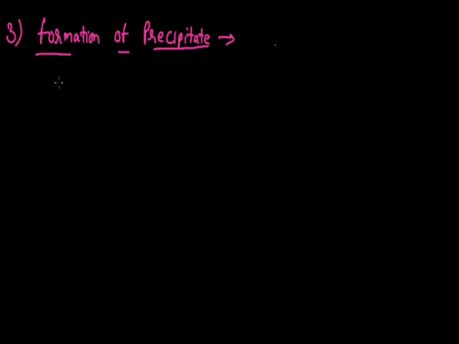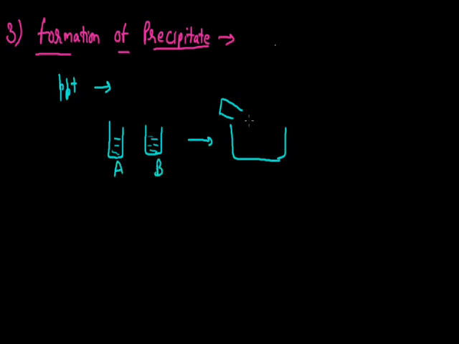So, this precipitate is generally abbreviated as PPT. And this precipitate is defined as the insoluble substance that is formed when we mix two soluble substances. Like if I have one soluble substance, one liquid substance in one container, in another container I have a different substance which is also present in liquid state. When we mix these two liquids in a container, I drop this first liquid and the second liquid B also,